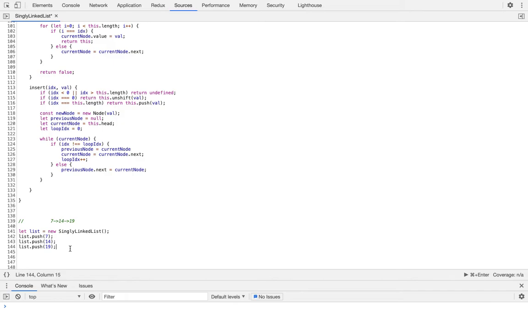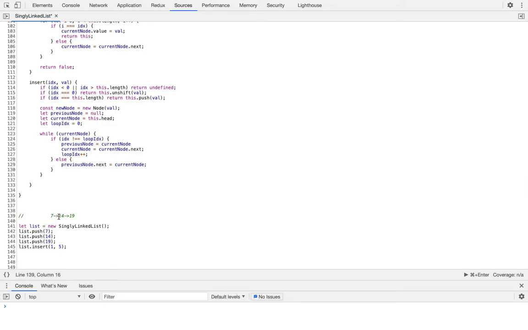Okay, so say I call list dot insert with the index that we want to insert a new value at 1, meaning this position here. Okay, we want to push in the value of 5. Okay, so here, if we want to push in a new value here to the index at 14 here, then that would mean that when we get to this else block here, as we're looping,